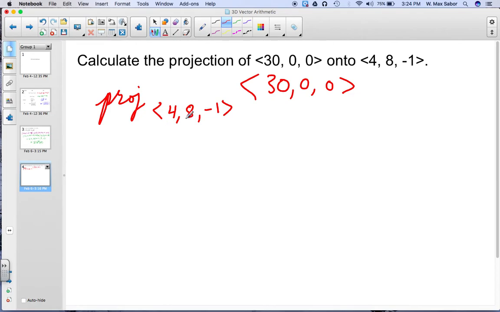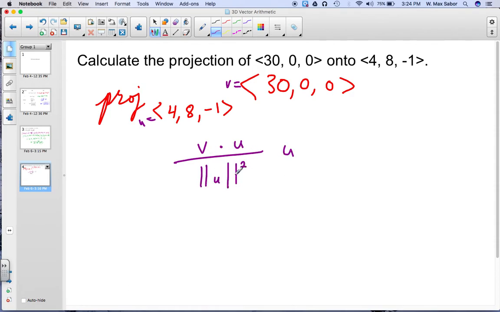This is kind of like the base of a logarithm, that it's part of the name of the function. It's a projection onto this, and this is our input. So if this is our u, this is our v, we want v dot u over magnitude of u squared